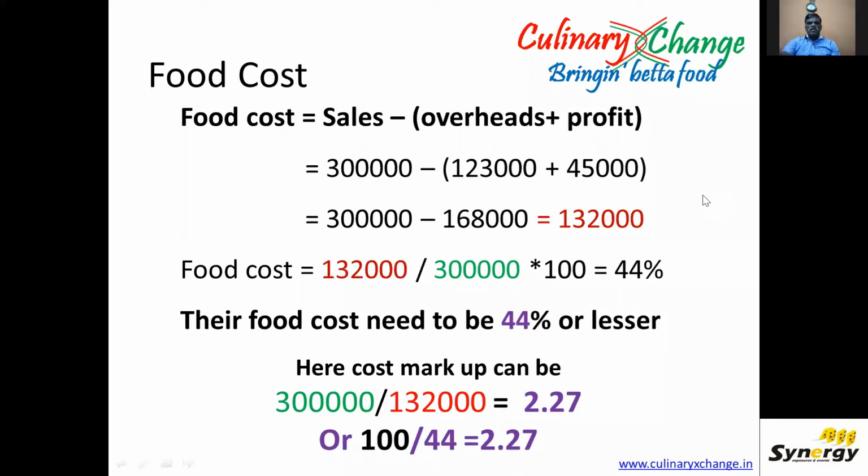That's why we try to understand here. The food cost is actually your monthly sale minus the total of overheads plus the expected profit. If your overheads become high, then naturally you will have very little money to spend on your food cost. In this slide, we should be able to understand that whatever your sale is, that minus the total of overheads minus profit is actually defining your food cost. So you have to make sure what your overheads are. By reducing your overhead, you can actually have a better food cost.